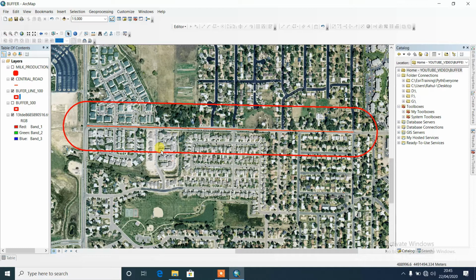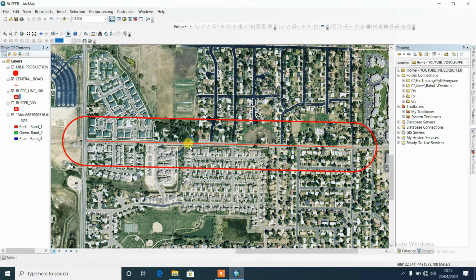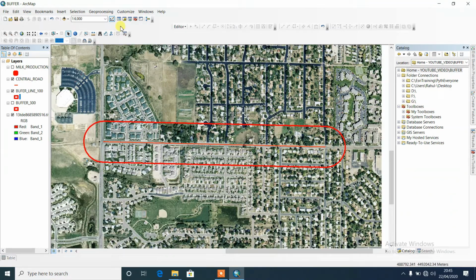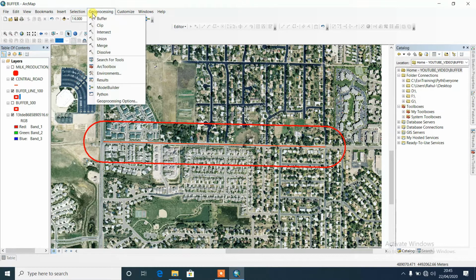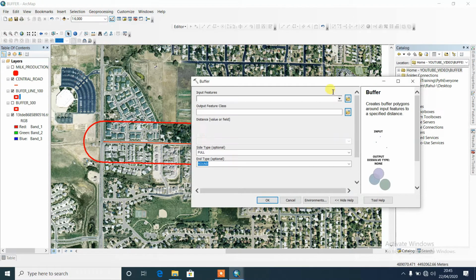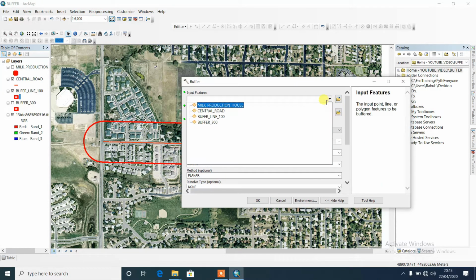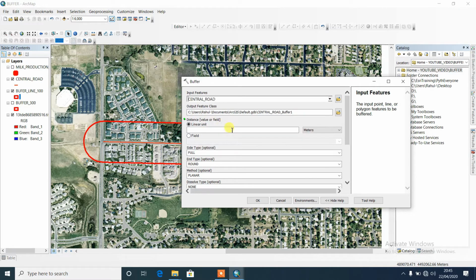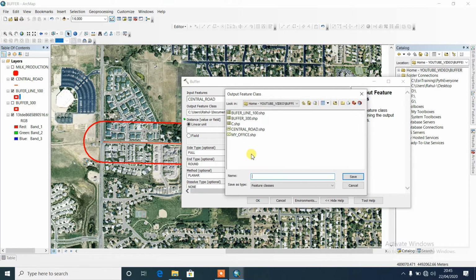This analysis can help you when you're taking a flat or anything else. You can analyze by yourself. And now we can make the differences. Exactly, in geoprocessing, go to the buffer, again central road. I can make it like that.